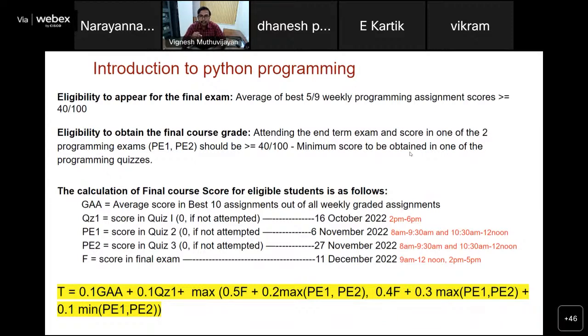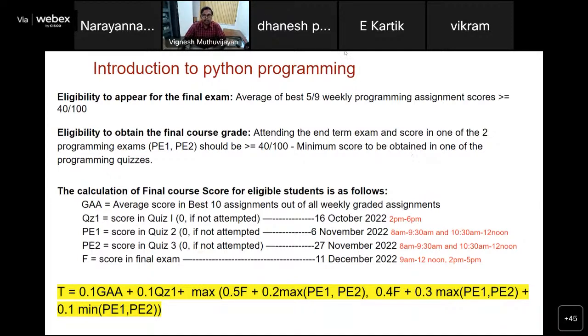Okay, so please make sure that you are well prepared for the programming component, because you do have a programming exam as part of this Python course. So you have to score a minimum cutoff for you to pass this course. It is not just enough if you pass the theory component. You have to pass the programming exam, which is an online hands-on lab kind of an exam. You must pass this to pass this course.